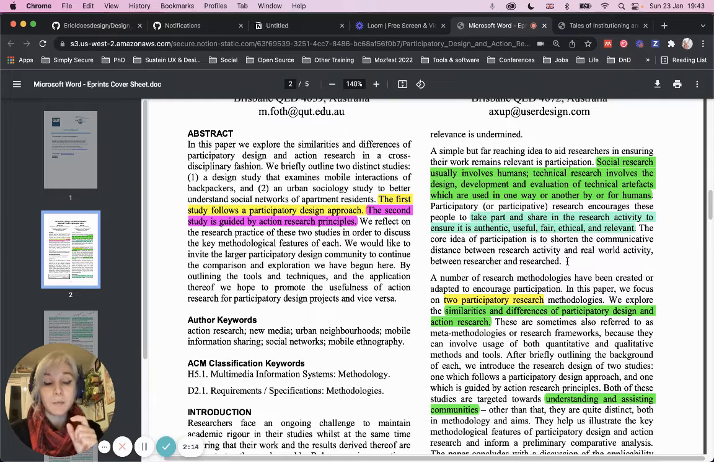This wasn't necessarily highlighted, but I believe the reason that I highlighted the other sections is just the way that engagement and that collaboration and involvement with the subject is described by researchers, like the participants within the subjects, and how they describe taking part and the authenticity and things like that. And also this interesting, slightly odd separation of social research involving humans and technical research involving design, development, and evaluation of technical artifacts which are used